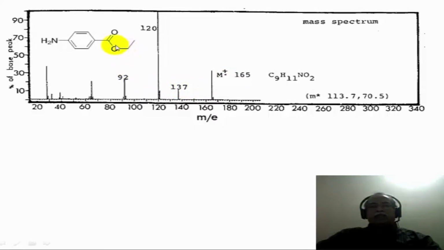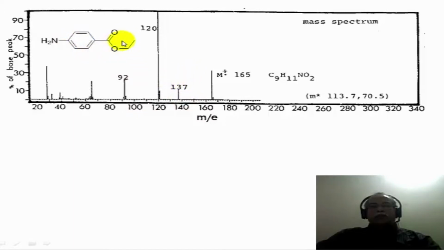The ester of this type, in other words the ethyl ester, always gives a peak with the loss of 28 mass units because of the McLafferty rearrangement. This is alpha, the oxygen is alpha, this is beta, and this is gamma carbon. The gamma hydrogen, which is the methyl hydrogen, can be transferred onto the oxygen with the loss of an ethylene unit, which is a 28 mass unit loss, corresponding to a fragment at 137, which would be para-aminobenzoic acid in this particular case.